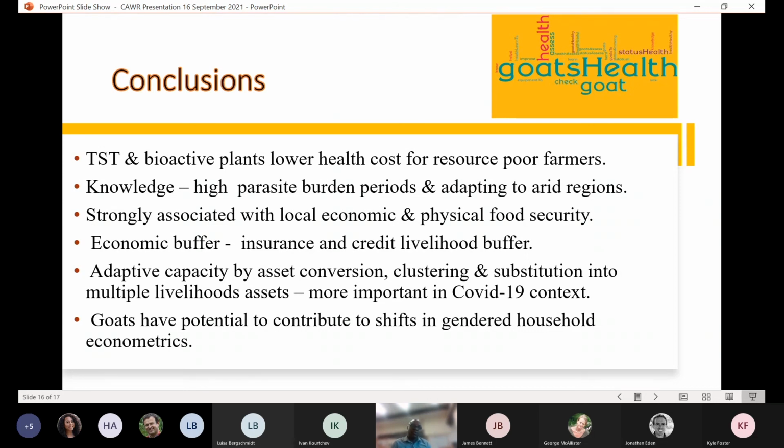We also noted that there was a strong association with the local economic and food security of the household and goats, which indicated that the intervention would have a positive impact on the livelihood, by goats being an economic buffer as a low-cost insurance and credit livelihood buffer for the smaller livelihoods. In terms of adaptive capacity, we also conclude that goats are versatile in terms of being able to be